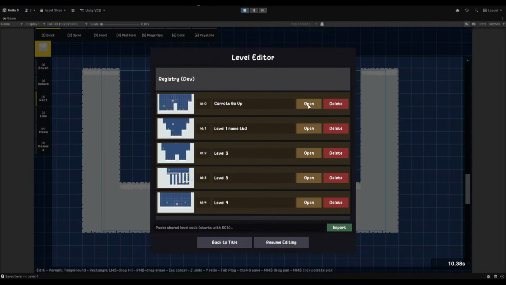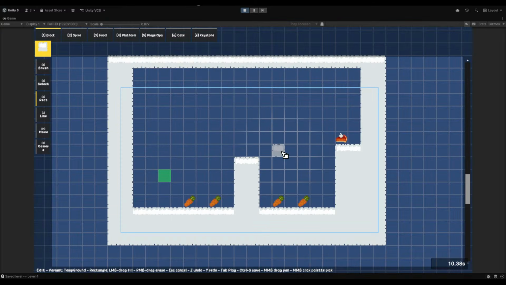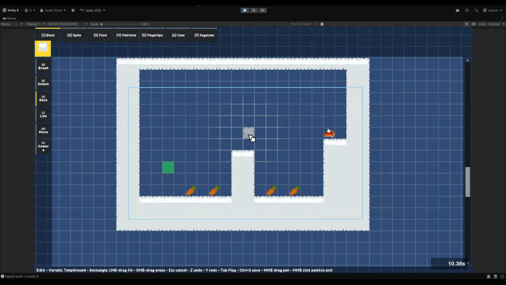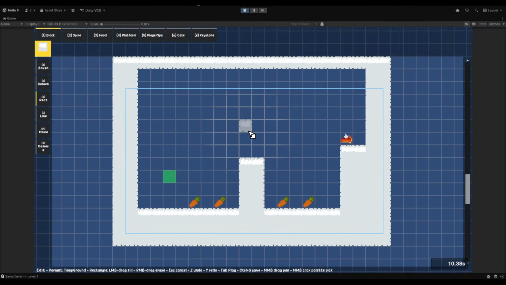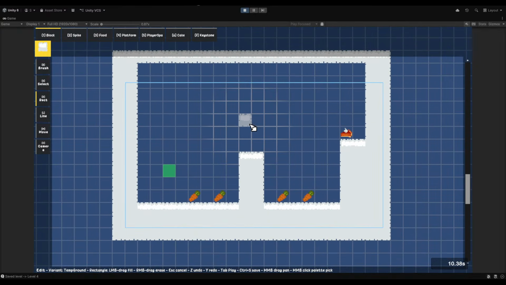And yeah, pretty good. Level 0, here we are. It's the level we saw earlier, with the camera set like this. Just in case, I did put walls up there too. It's not needed, but yeah, pretty good process. And hopefully this should make level making easier.